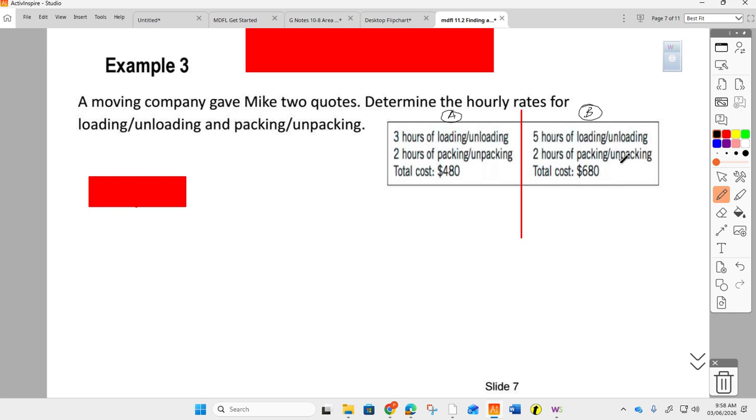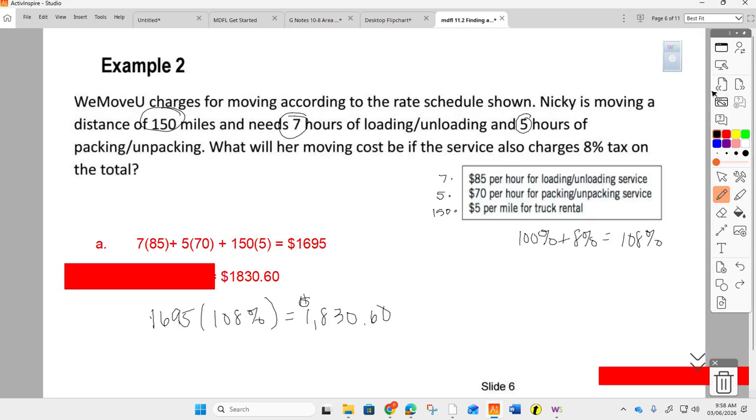The first thing we have to do is we have to define our variables. In other words, let's look back over here real quick. If we didn't know how many hours, we could have written a generic formula for this, so we could plug in the hours and the miles if they change, or if we were to adjust. We could have used X to represent the number of hours. We could use Y to represent the number of hours loading, unloading, number of hours packing and unpacking, and number of miles